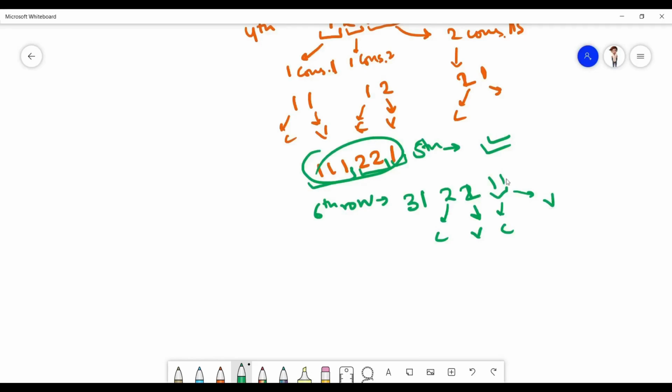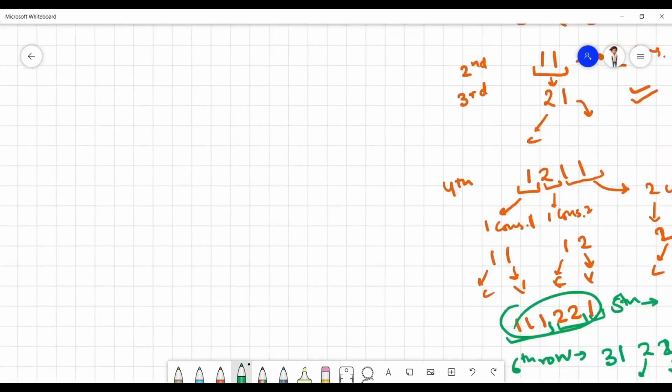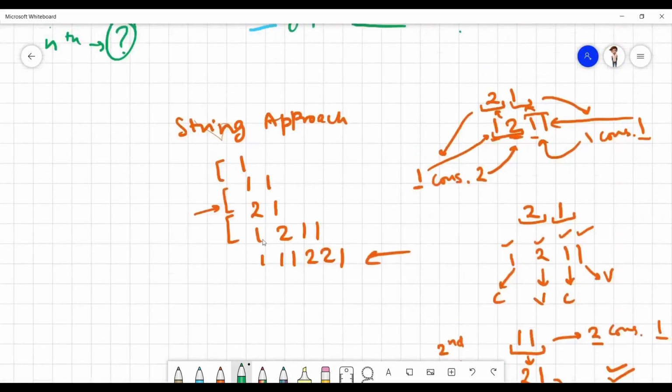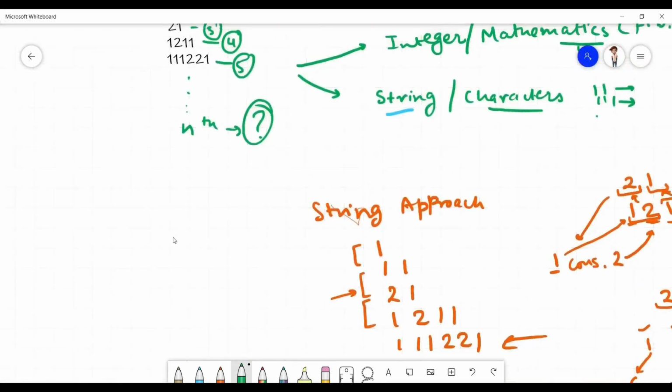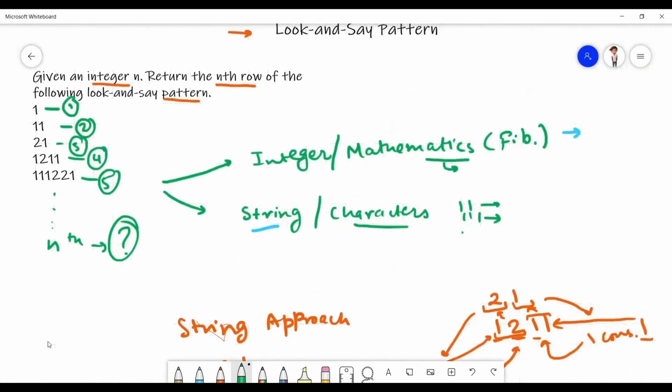So this is the sixth row we are getting, which is 3 1 2 2 1 1. Okay, so I think it is pretty clear that we have to use the string approach, because we are getting some answer over here, but in the integer approach we left it because it was greater than or equal to the upper bound limit of ULL.